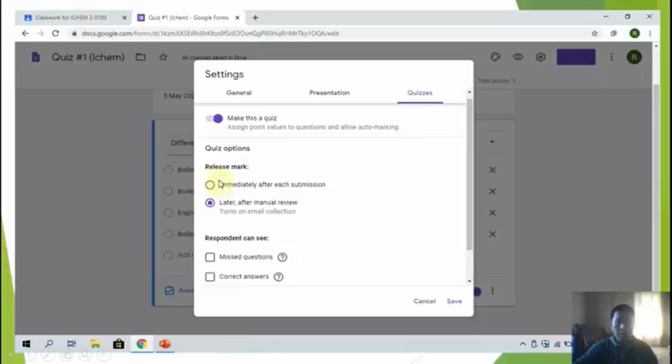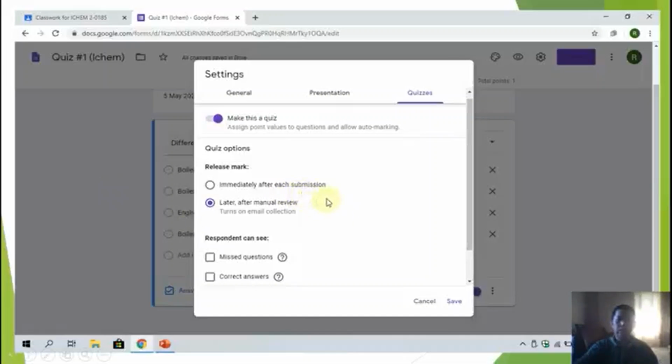So here, release mark immediately after submission. If this one is already switched on, it's up to you if you change it. It means that after the student submits, they can see their score immediately.